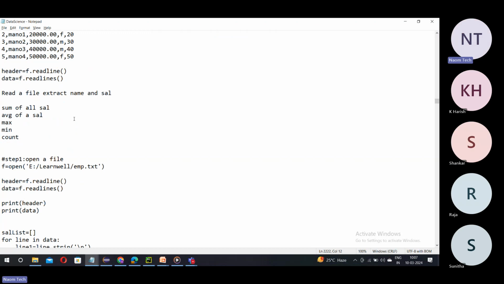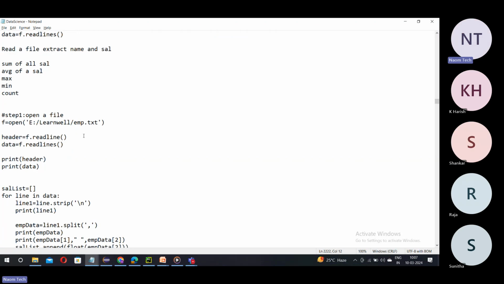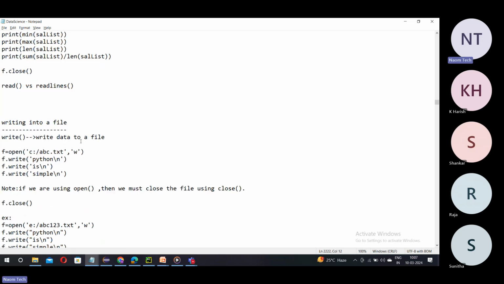So we had discussed all the different methods of files in the last class. I mean, regular files: how to open a file, how to read, how to write, how to append. All that we had discussed in the last 1 or 2 sessions. Okay, today we talk about another important thing